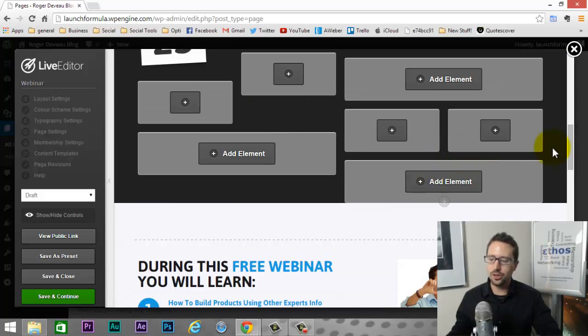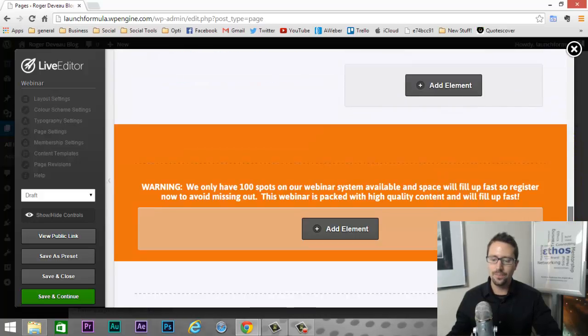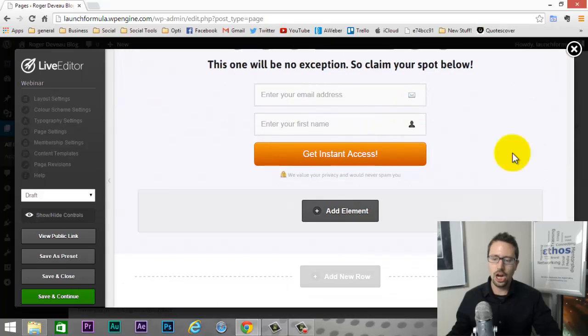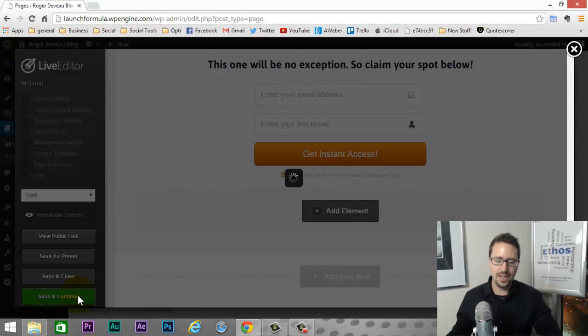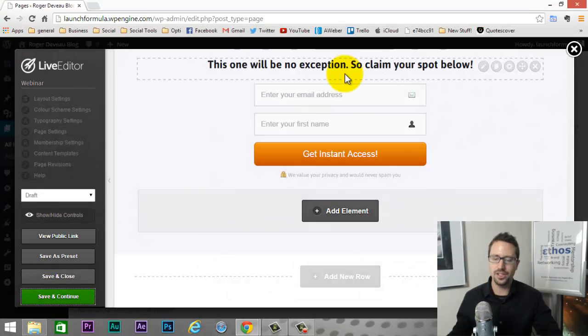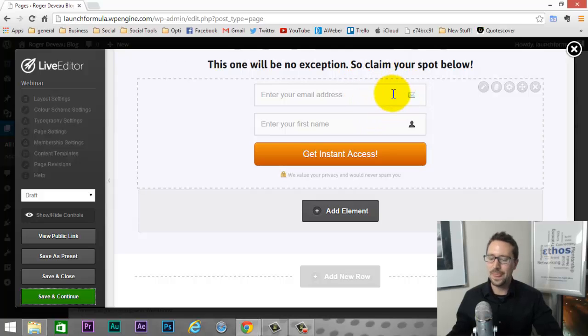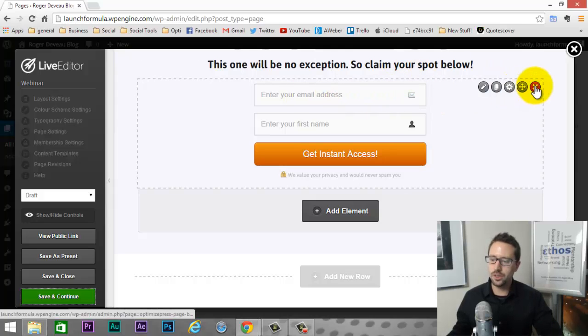Now, what I'm going to do, because you notice at the bottom of this page there is also an opt-in form, is actually go over here, see the X. First, I'm going to save and continue my process, because you never know when that comes in handy. If I do something I don't want to do, I can always just exit out without saving and reopen this saved version. So I'm actually going to delete, by hitting this X,